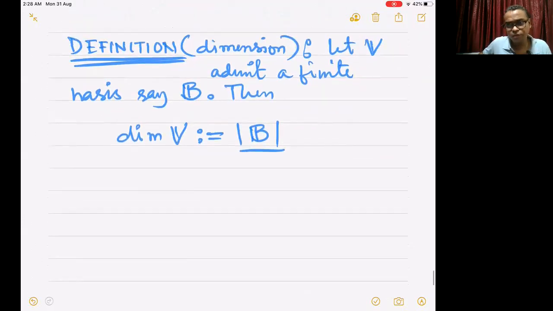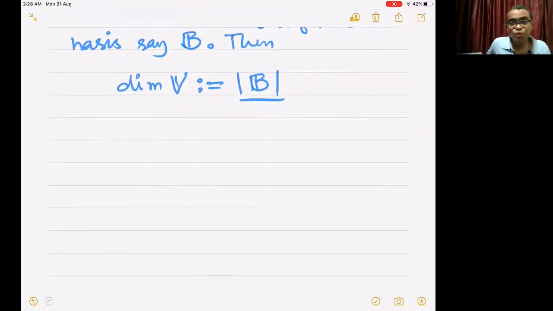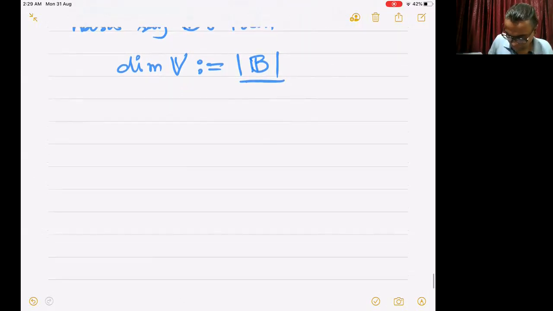This is the definition of dimension, which means dimension 2 means there is a basis of size 2, and every other basis will also have exactly size 2, not more than 2, not less than 2. The dimension is n, that means there is a basis with n elements, and every other basis will also have exactly n elements, not more, not less. That brings us to our second corollary,